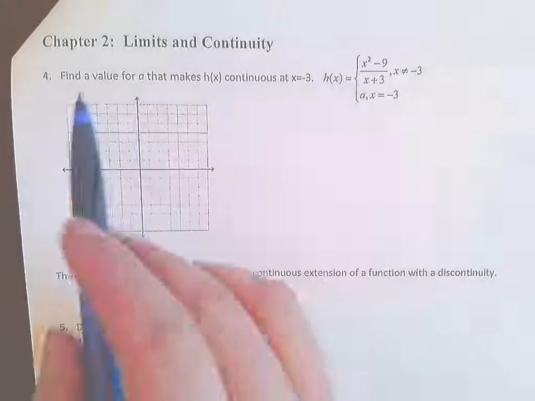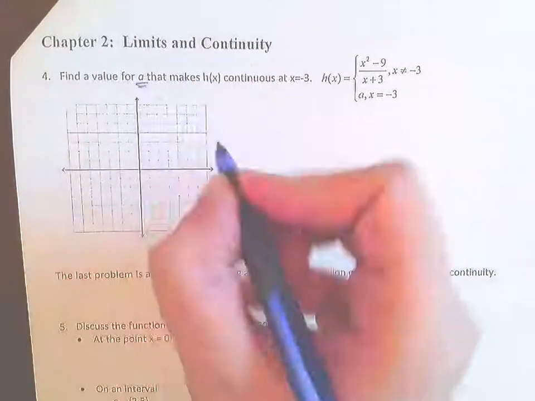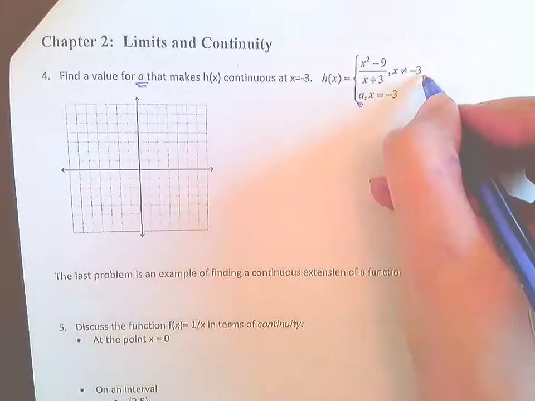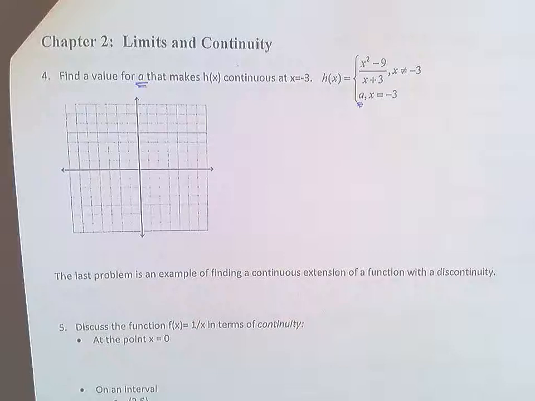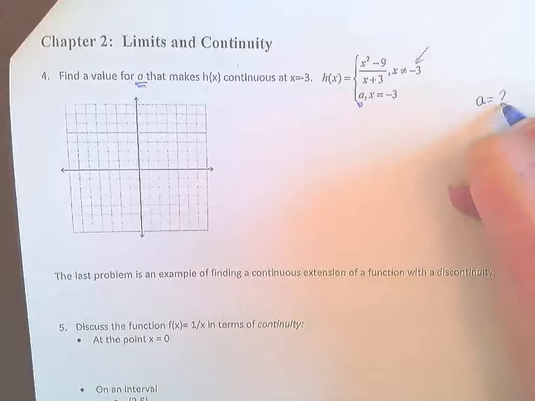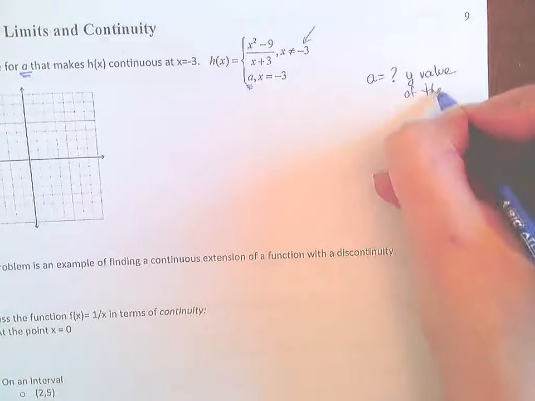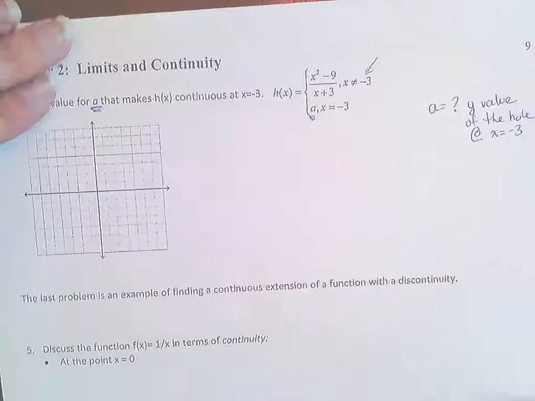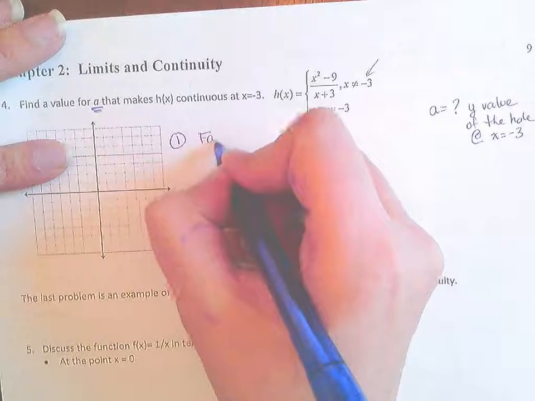Alright. Next part. Find the value of a that makes h of x continuous at x equals negative 3. So all I'm figuring out right now is what is the y value of this hole. That's what a is. A is the y value of the hole at x equals negative 3. So in order to do that, step 1, we're going to factor,